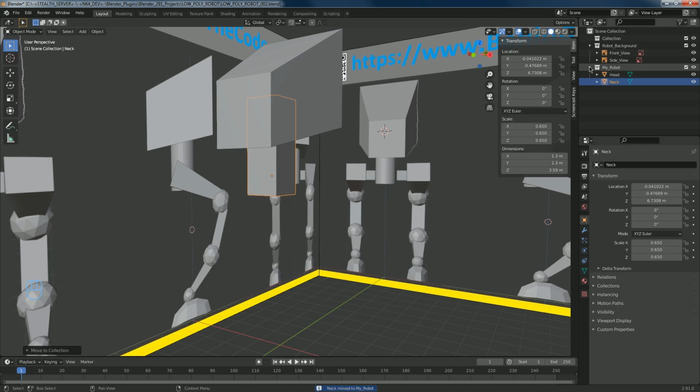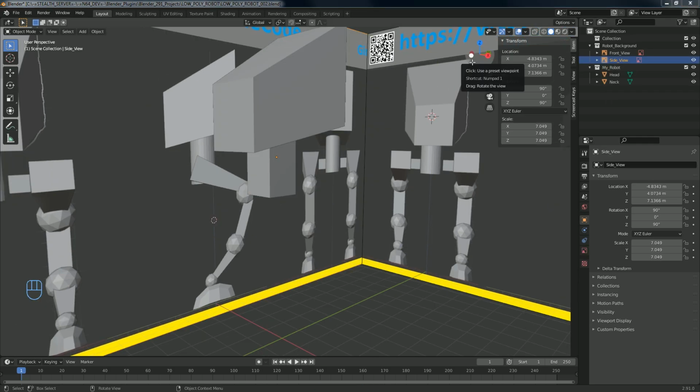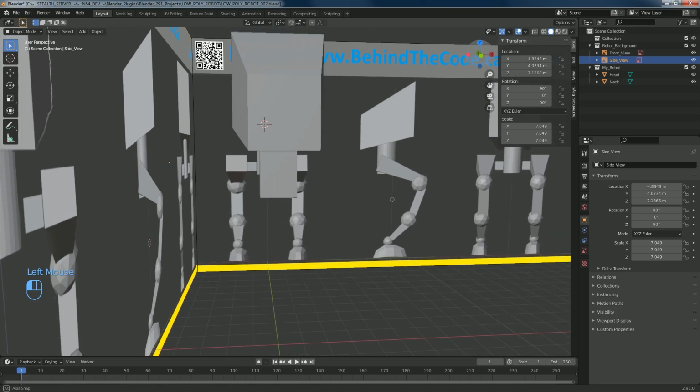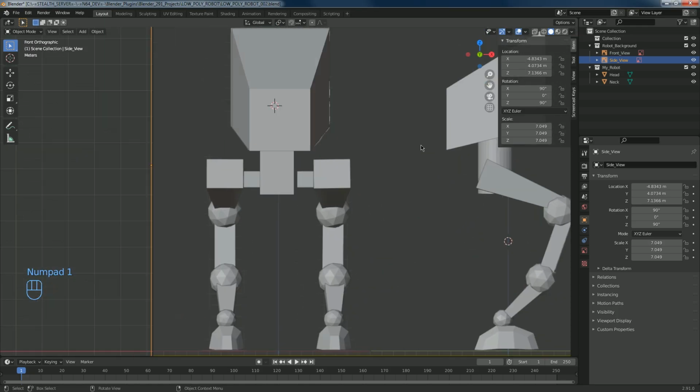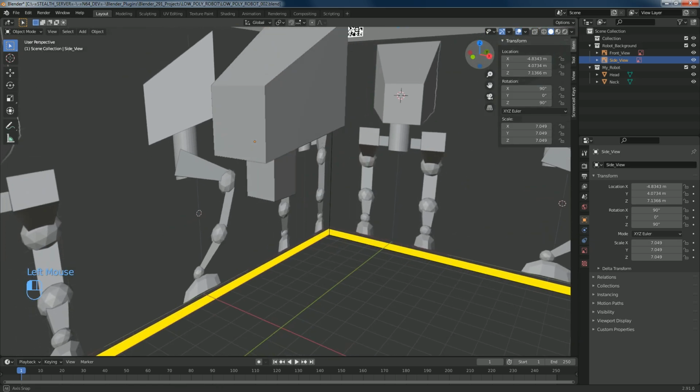Select that. So now at any point we can just simply hide the robot from view. So now we're going to add the cubes for the hips. And so if we hit numpad 1, and I was a little bit off here with this one, but that's okay. So now what we're actually going to do is, if we change our perspective here, now you can see